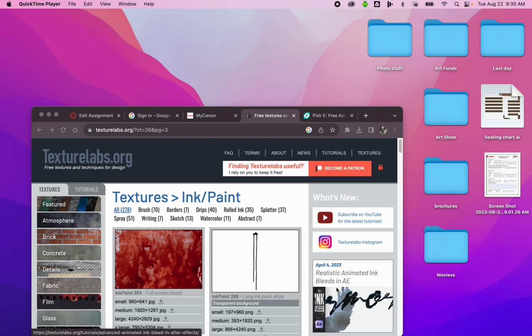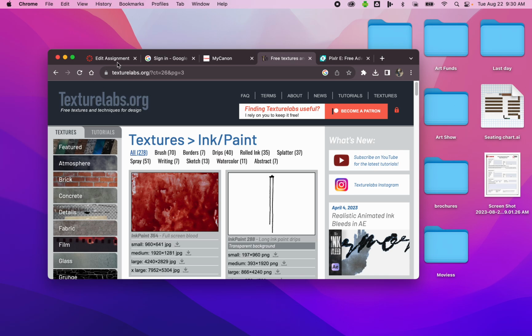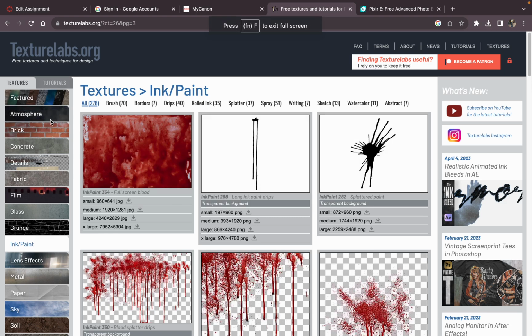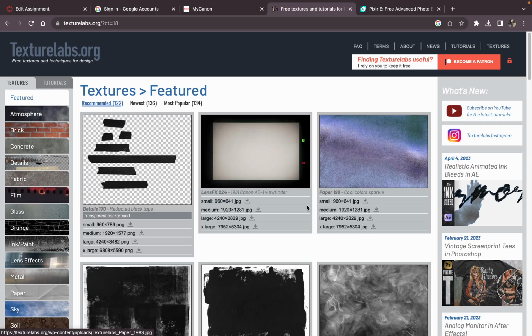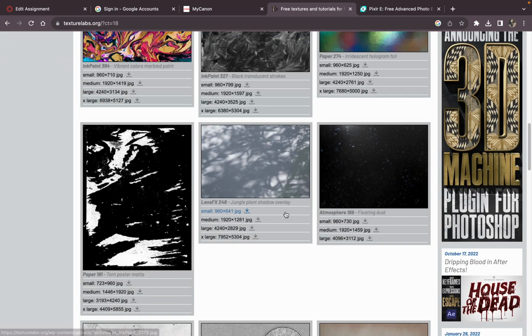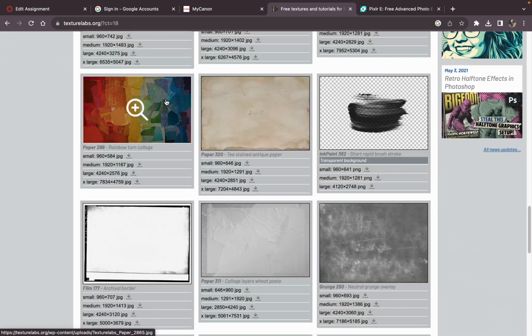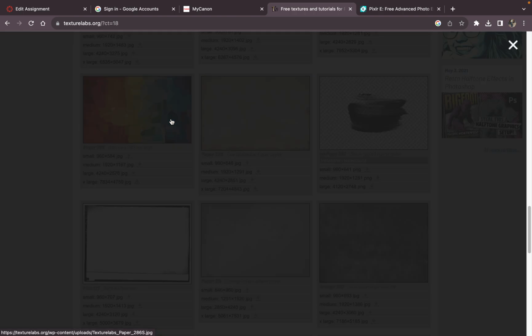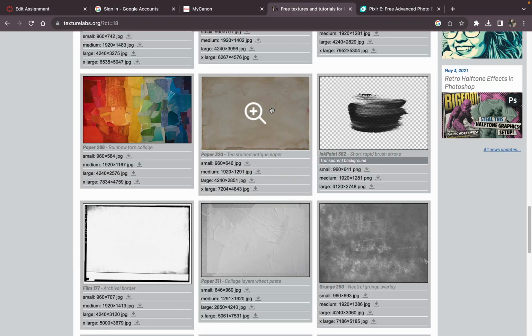The title banner for your Google site for art fundamentals. So the first thing I want to do is go to a site called texturelabs.org, and select from there. There's a whole lot of textures and colors. I'm going to select something that appeals to me. You can go through multiple pages. I'm going to start with this color one. It looks pretty cool, so I'm going to select that one, and I'm going to choose the large format and